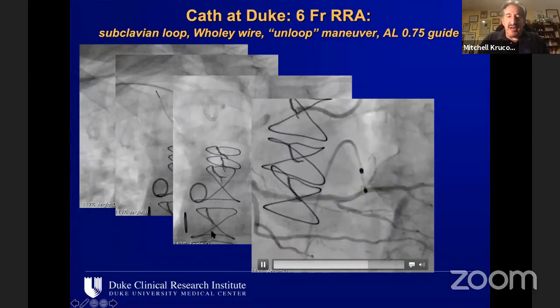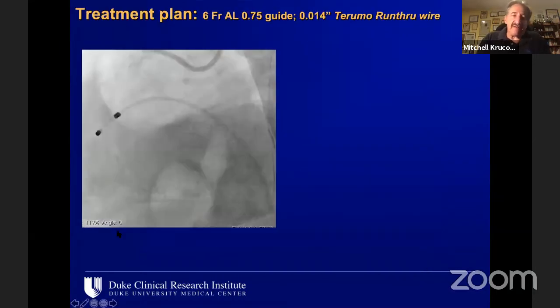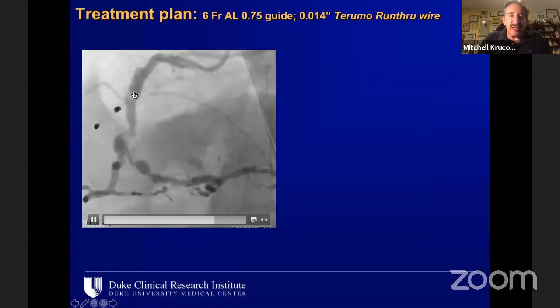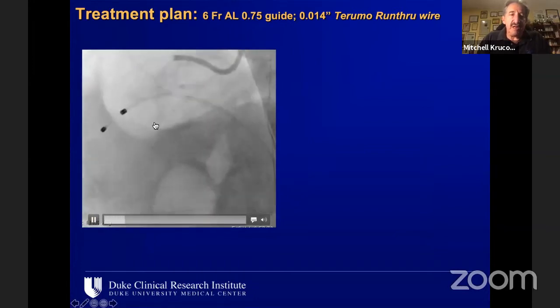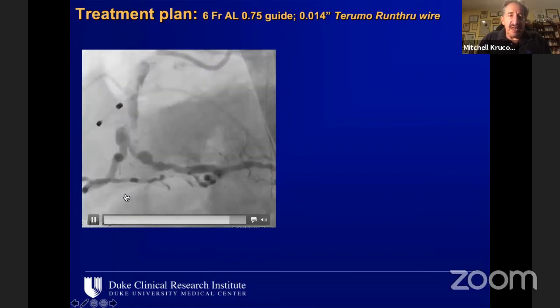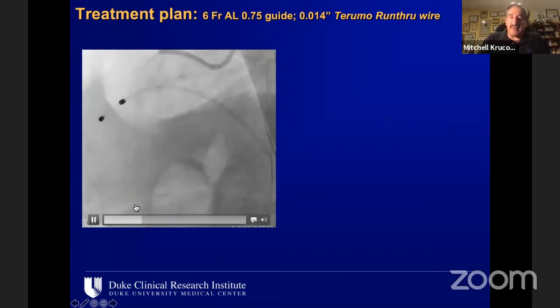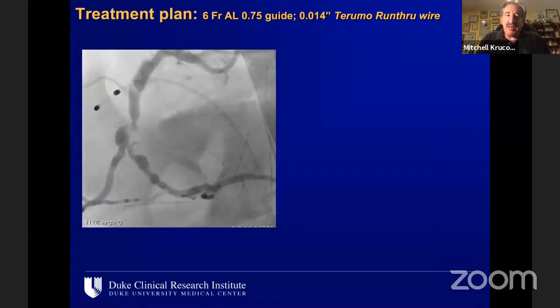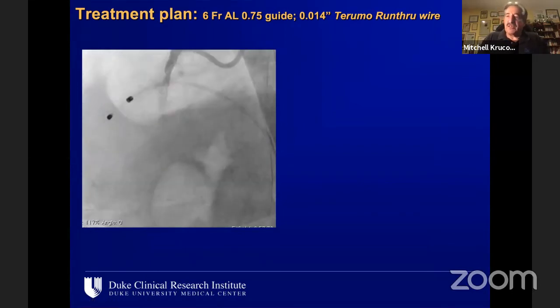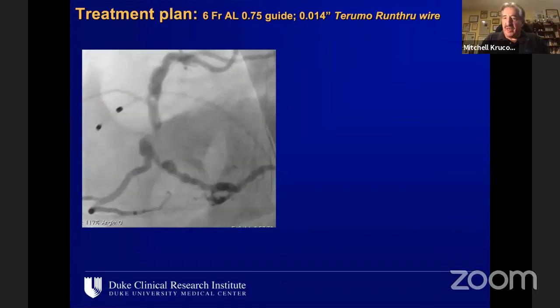And I'll show you now, this is a 90-degree left lateral picture of the right coronary. You can see the shadowing, you can see the calcium intrusion here. You can see the angulation of the lesion right here. And I just want to make the point that with that severe angulation and any sort of atherectomy device, concerns about perforation are very real.